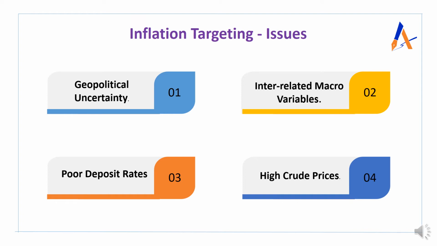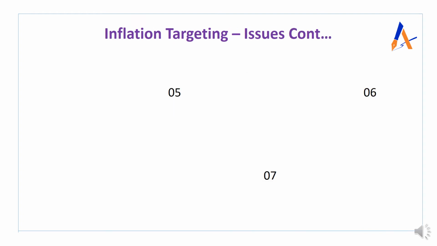Even inequality. So this is how we have to understand the issues. Fourth point is high crude prices. It cannot be controlled by manipulating rates domestically because we are dependent on crude oil from the outside world, outside India. We are importing it, so definitely it is beyond our control. Other issues are, fifth one being the